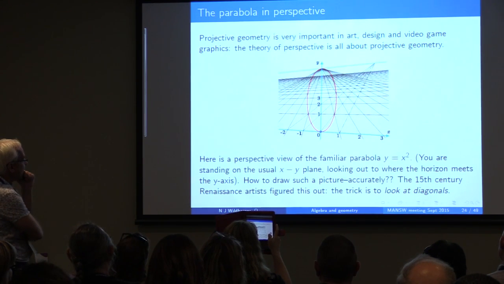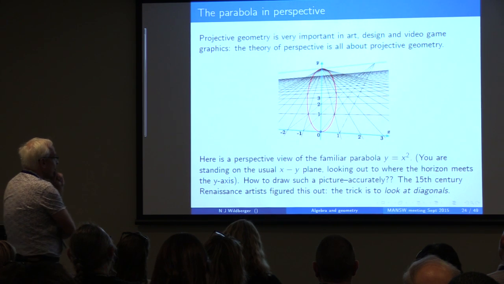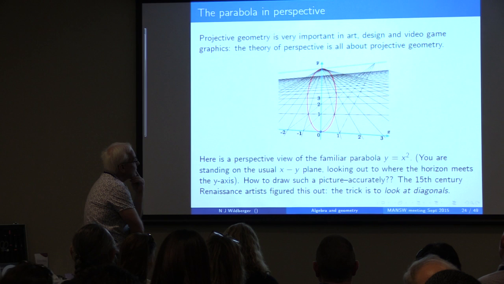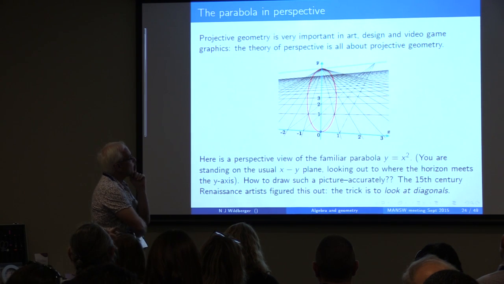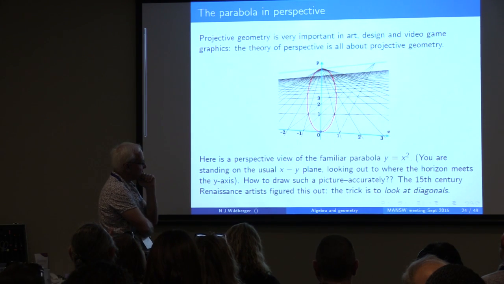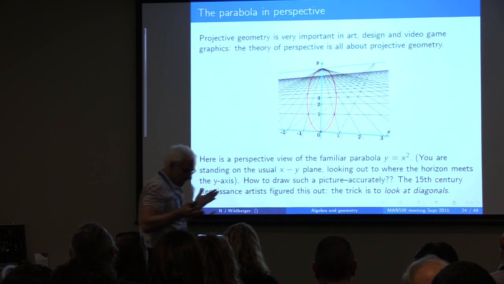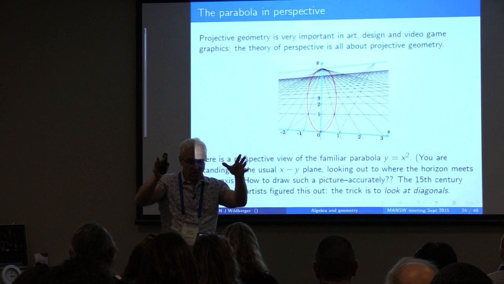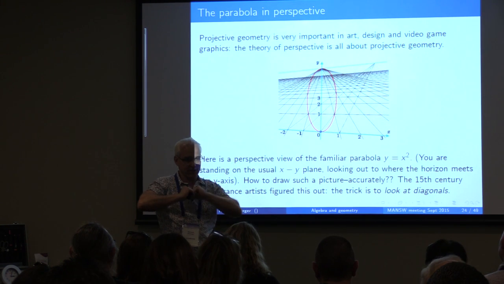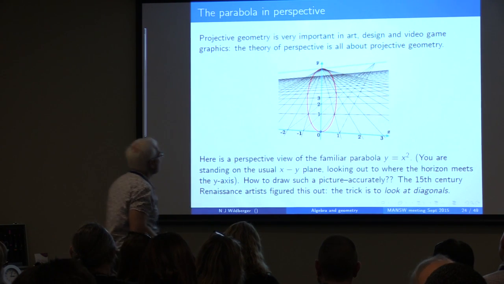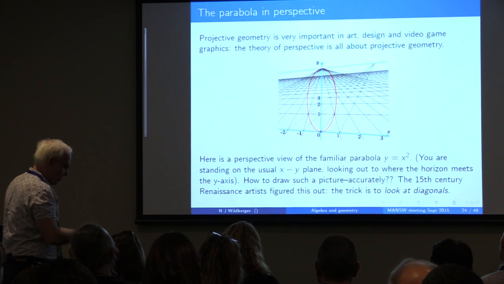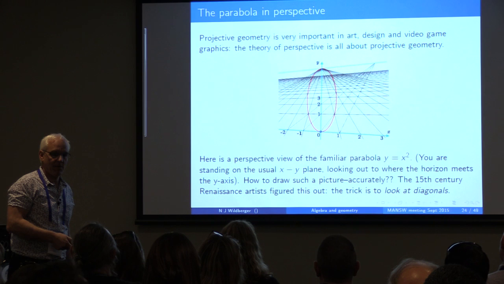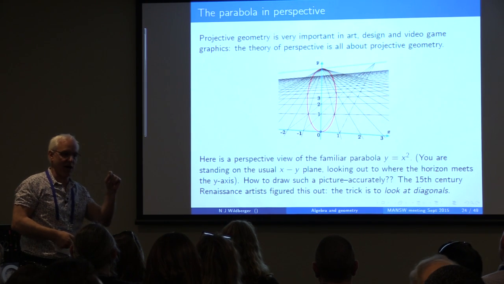And so projective geometry is not just about collinearity, it's also about perspective. And it arose in modern times, perhaps through Renaissance artists' attempt at trying to figure out how we take a 3-dimensional situation and portray it accurately in 2 dimensions in a picture. So for example, let's say you want to show your students what the curve y equals x squared looks like. But I mean like really looks like.